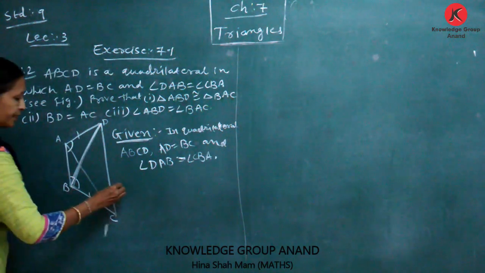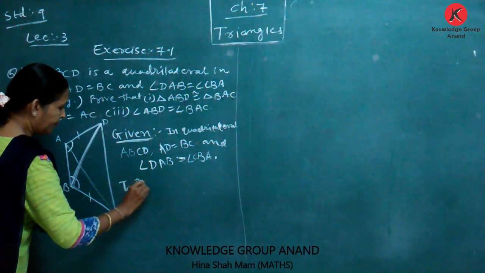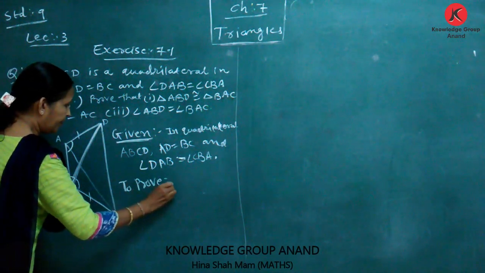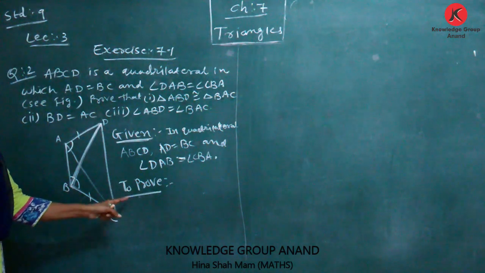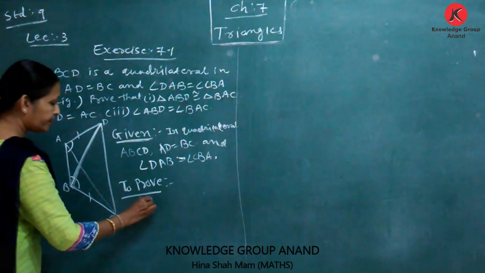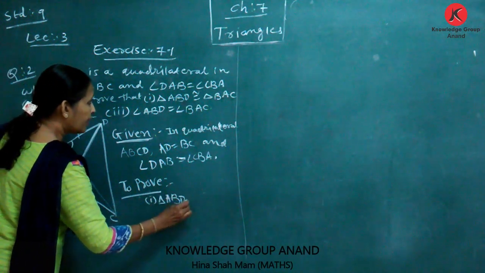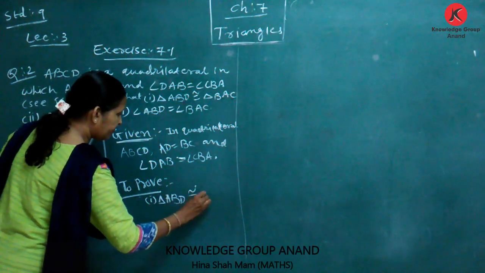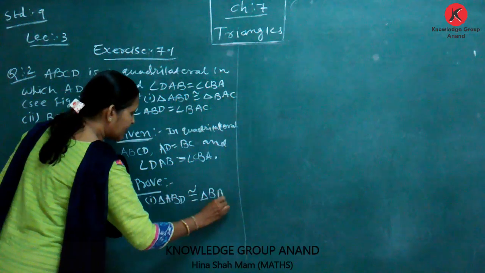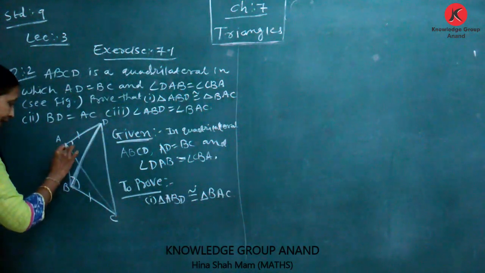To prove: number 1, triangle ABD is congruent to triangle BAC. Which triangles are congruent? Triangle ABD